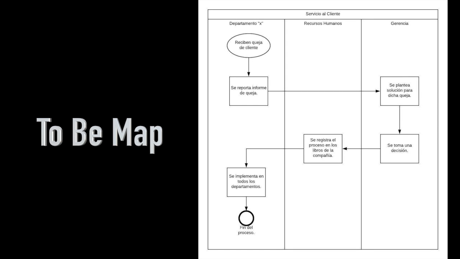In order to see our suggestion better, we will now look at the to-be map. Here we can see much fewer steps. You can see how the customer files a complaint, and then this information is passed on to the management office instead of going through the human resources one. The management office will then prepare a decision. This new decision is then passed on to the Human Resources Department, where they will record every piece of information. After approving it, it will be sent to the regional department, where it will be implemented, and then the end of the process.